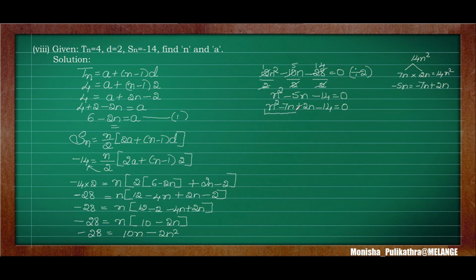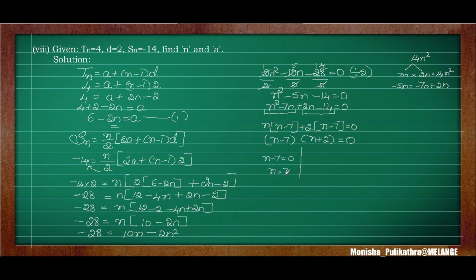Next, we need to group two terms separately and take out the common terms. Okay. Here the common term is n. So I am taking n as common. So when I take n common, the remaining will be n minus 7. Here the common term is 2, since 14 is divisible by 2. So when I take 2 common, the remaining will be n minus 7. Okay. Next we need to separate the terms and equate them to 0. Right. So n minus 7 is equal to 0.